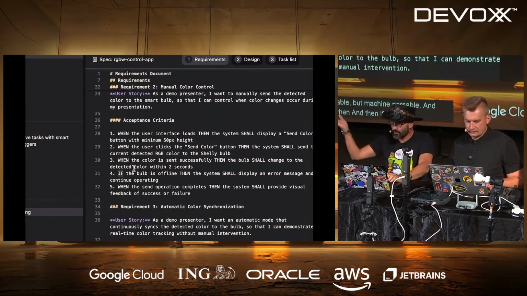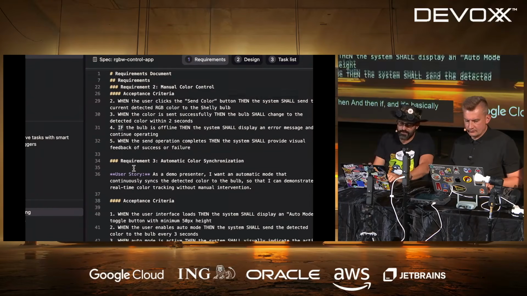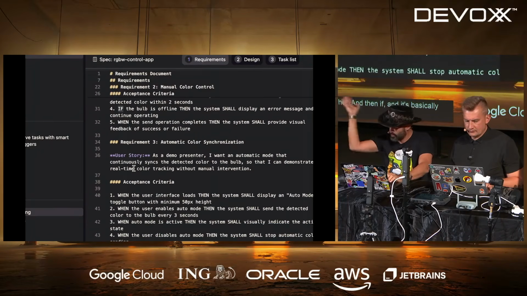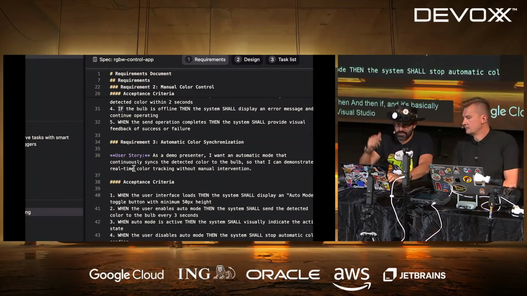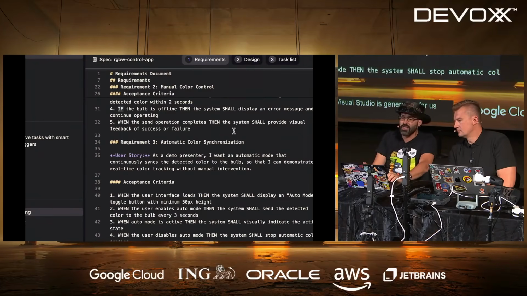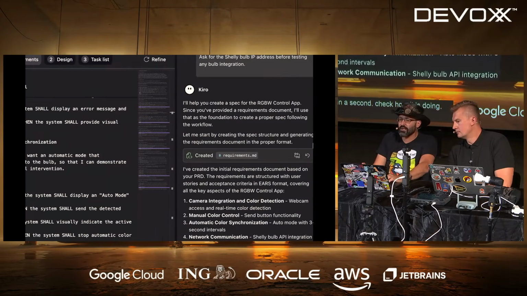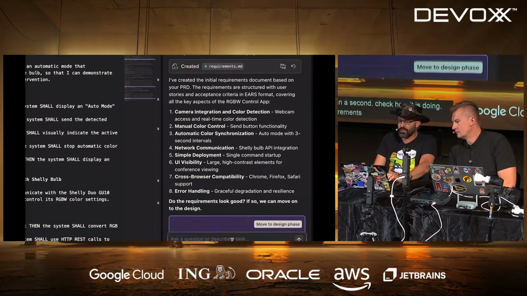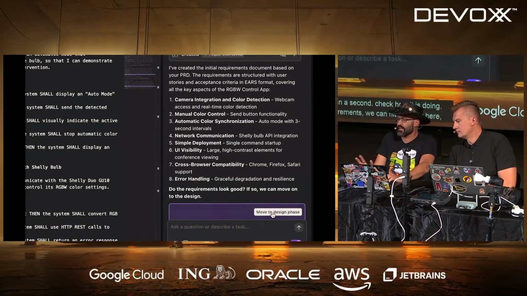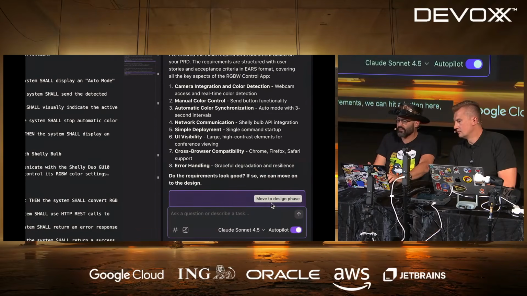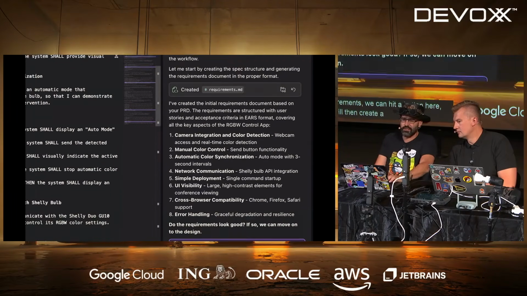It's basically almost the spec that Visual Studio is generating for us as we speak. We're going to switch to it in a second to check how it is doing. Okay, now once we agree on the requirements, we can hit a button here and say move to design phase, and it will then create a detailed design and then tasks.